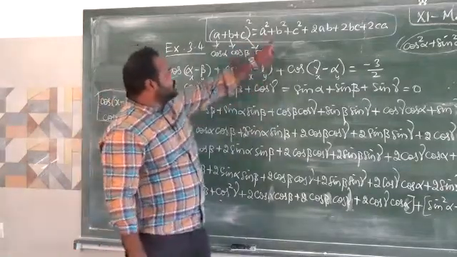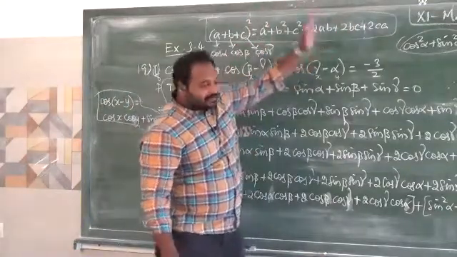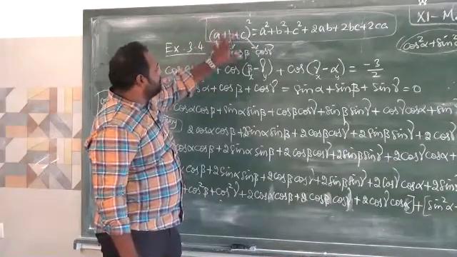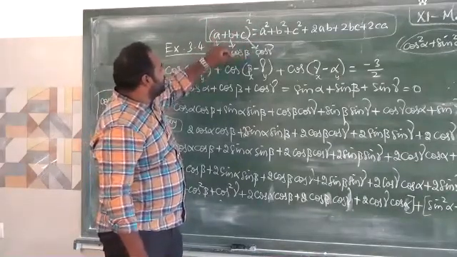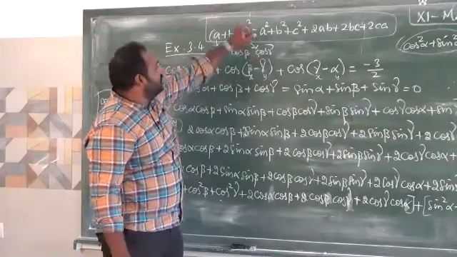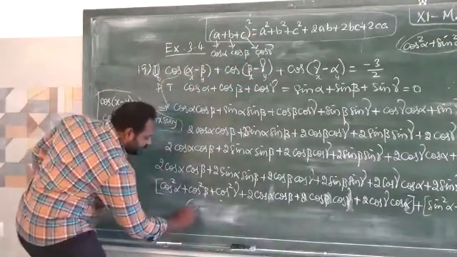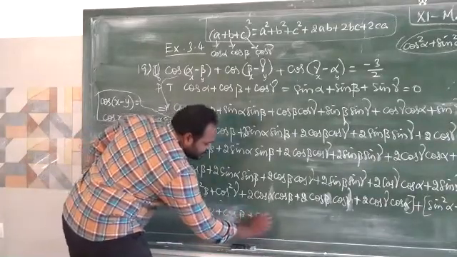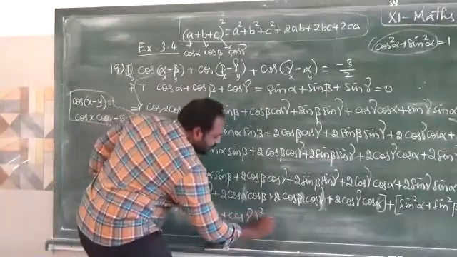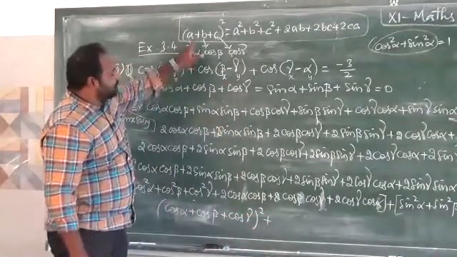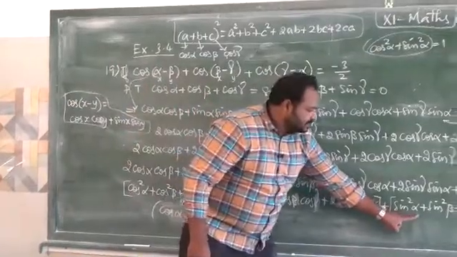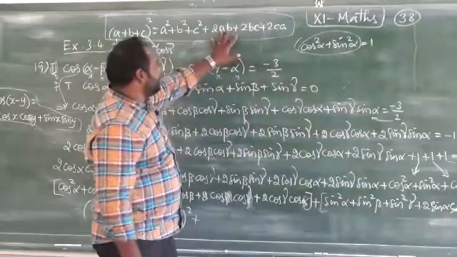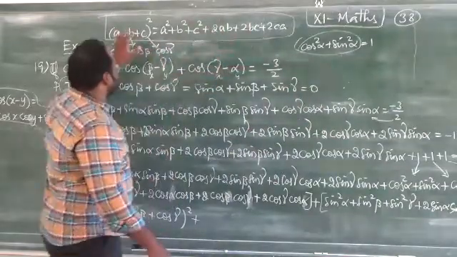So we have this right hand side expression, and I am going to shorten it into the left hand side expression. We can write a plus b plus c, whole power 2. Here a is cos alpha, b is cos beta, c is cos gamma. So cos alpha plus cos beta plus cos gamma whole square. This is the left hand side expression. Next, go to the next term, sin square alpha, sin square beta plus sin square gamma. Here also we have the same expression in the right hand side, so instead of the right hand side expression, we can write the left hand side.